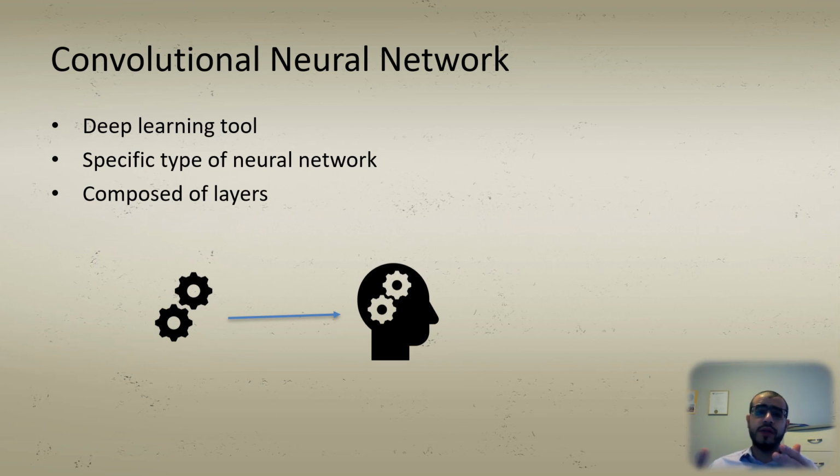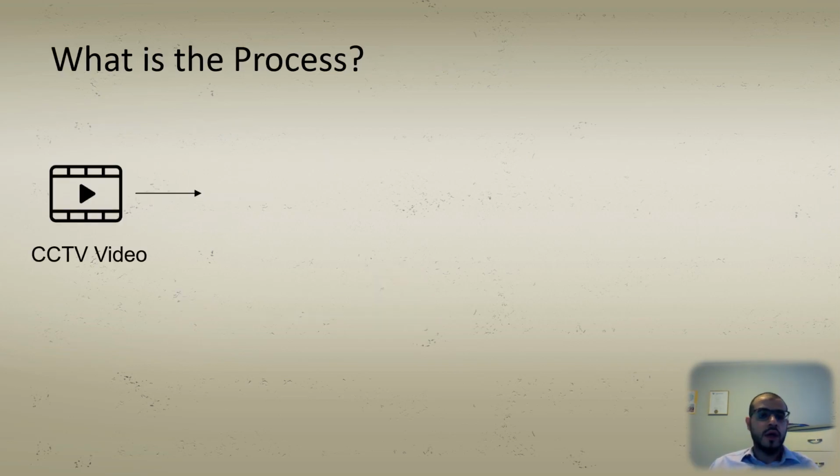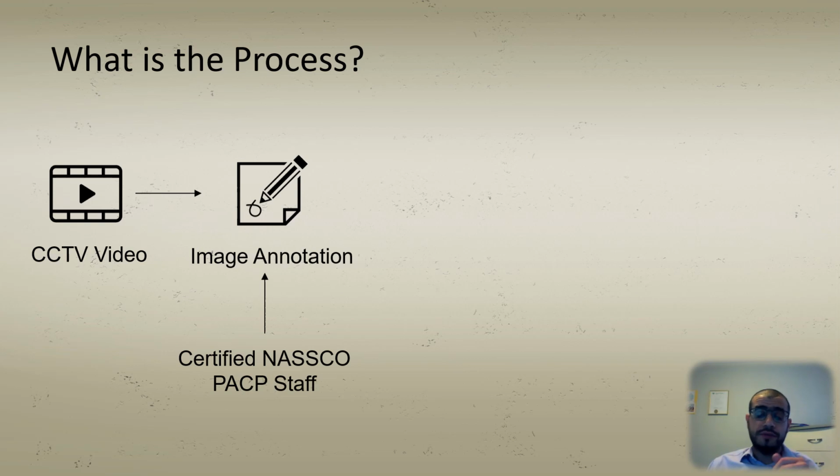Now, the different layers that we have in a convolutional neural network are the convolutional and then subsampling up to getting to the fully connected layer. Now, as I mentioned, this is heavily dependent on the data set that we have. It's not only a factor of the number of images that we have, but the variations of the features within those defects or those images. The process that we relied on is heavily dependent on the CCTV videos that we have from the different programs.